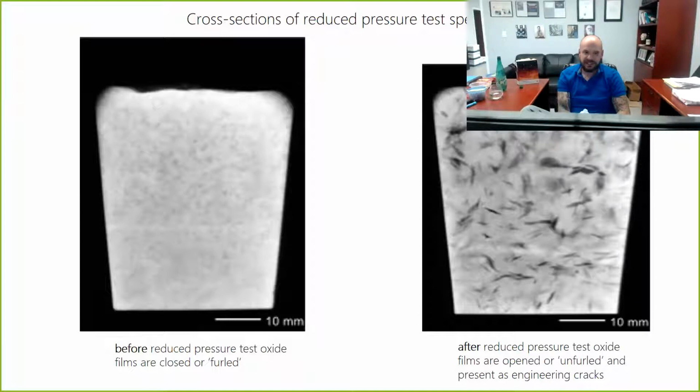Now, we have evidence of this in the real world, and every foundry that pours non-ferrous metal sees it every single day. And we've got a test that's part of our industry standard that has been set up for the exact wrong reasons, and we're looking at the wrong things, and leads to the industry, again, using misnomers. So that's the reduced pressure test, right? So what we're looking at here is, and if everybody doesn't know what the reduced pressure test is, basically what you do is you take a little bit of metal, you put it in a cup, and you let it solidify under vacuum. And the idea is any gases that are present that solidify under vacuum are going to create porosity defects in the casting.